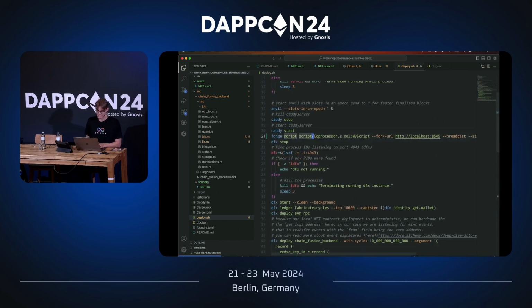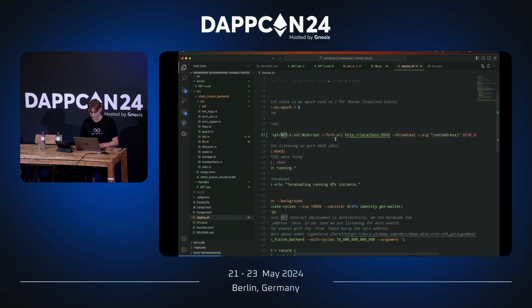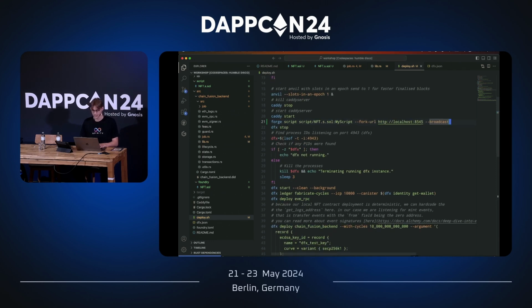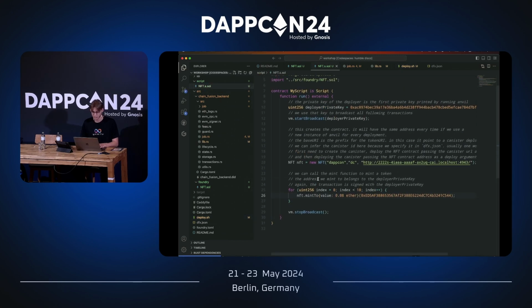And here we have to make a couple of changes. The first one is that the script is called nft.s.sol. We can keep this entry point. The fork URL is the same. We also want to broadcast all of the transactions, but we can remove this part after broadcast. So this now deploys our NFT contract locally and runs the script that we defined here to also mint a number of NFTs so that we can emit events